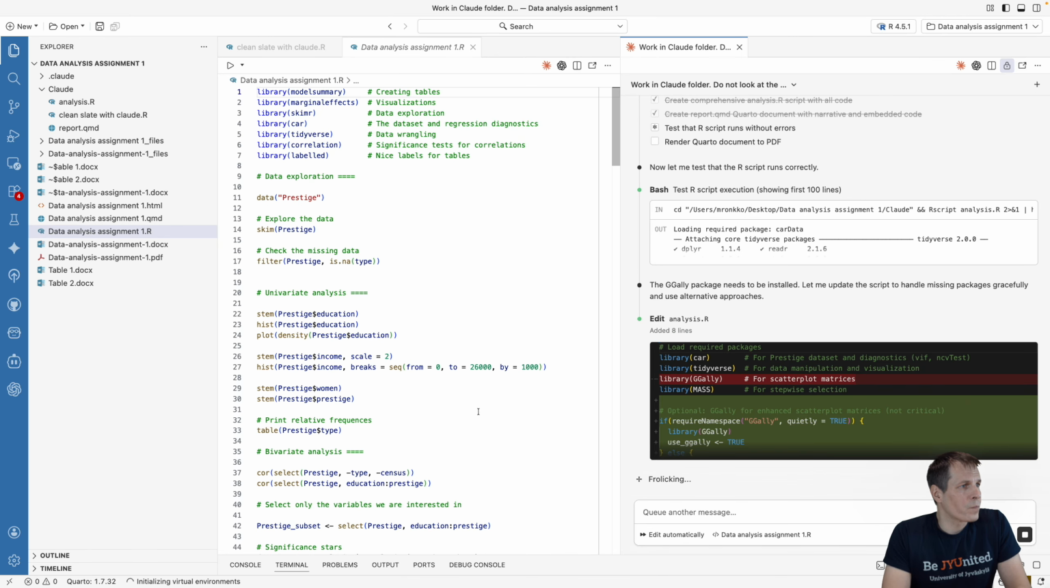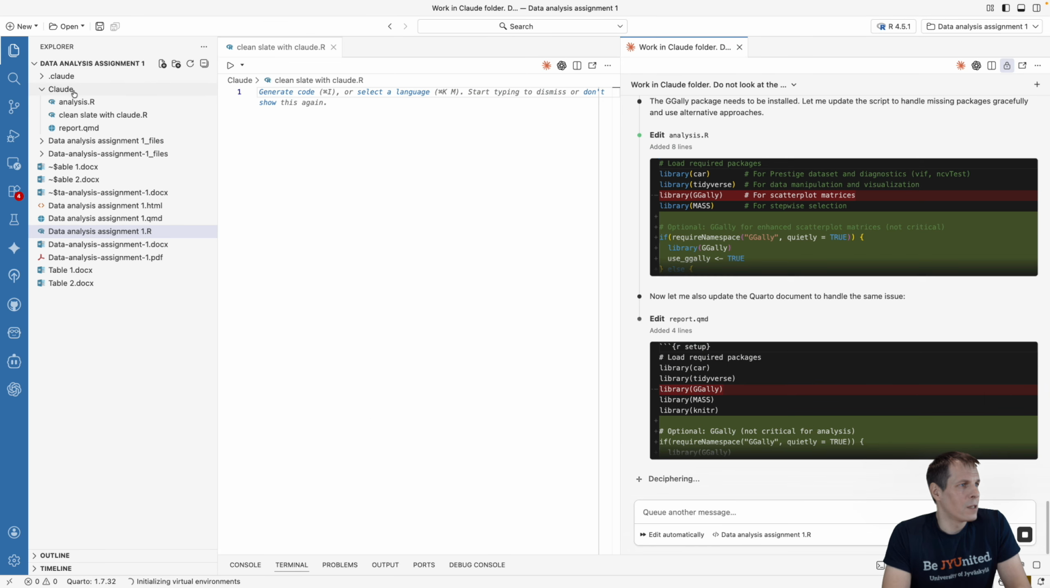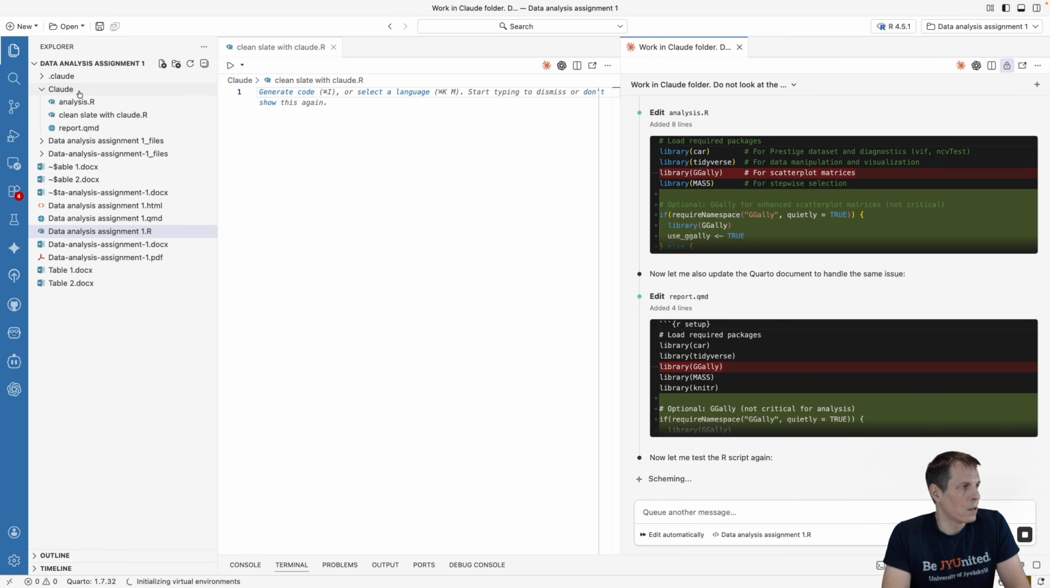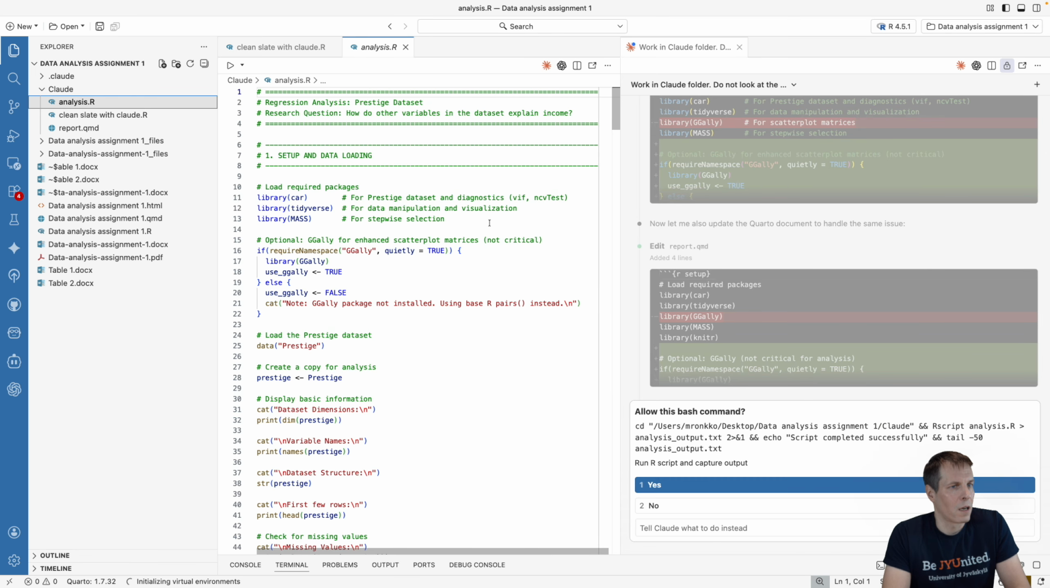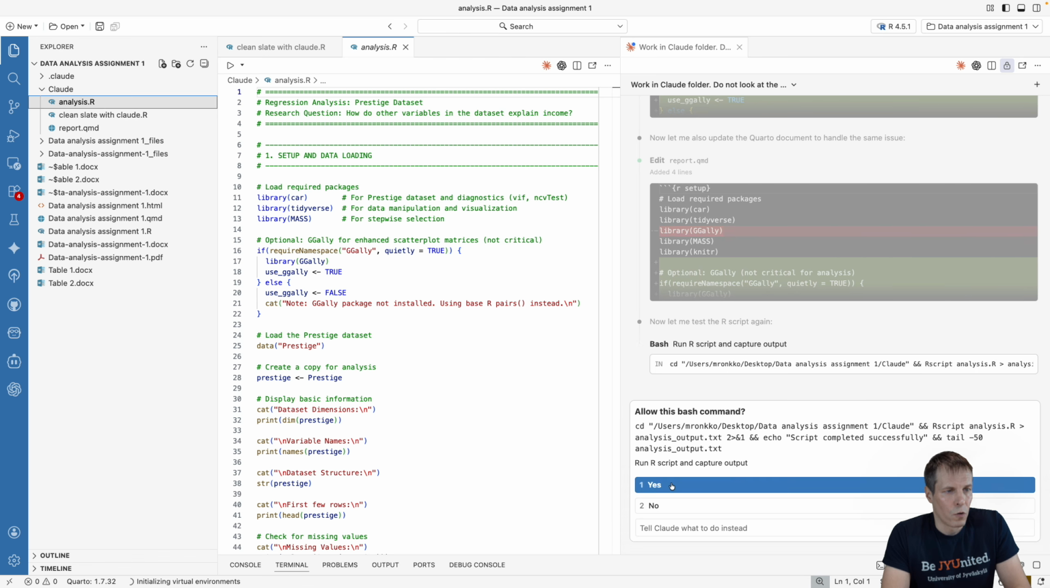So it's using, no, this is my own. This is not the, I wanted to have the Claude. So it created an analysis file, and then it captures the output, and it created the Quarto document, and